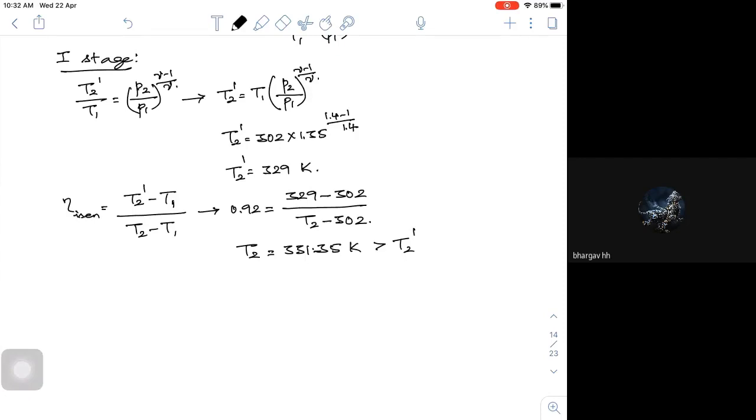Fine. So one advantage in this particular problem is that I know this calculation, that is 1.35 to the power of 0.4 by 1.4. I can just calculate that and keep it in my calculator memory. So what is T3 dash? This 1.35 to the power of 0.4 divided by 1.4 into T2. Then use isentropic efficiency, calculate your T3. So it's easy for me, I can easily calculate.